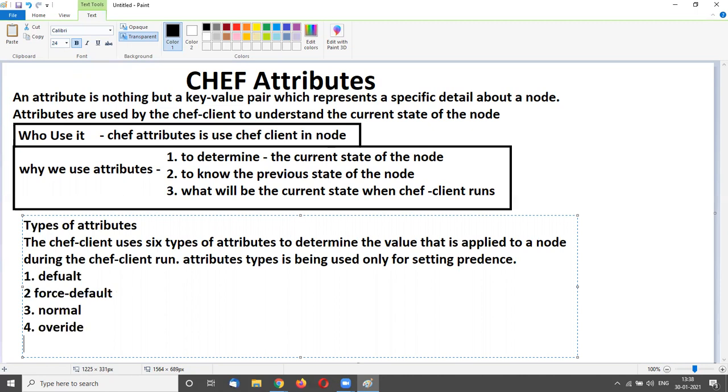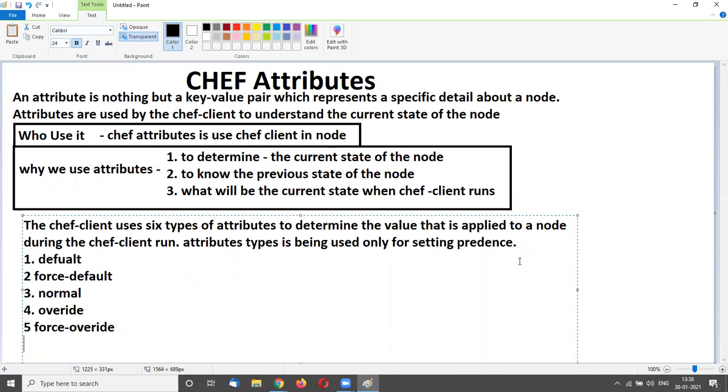Fifth is force override. Sixth is automatic.